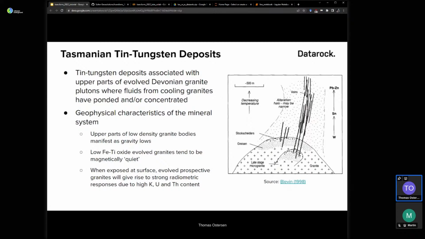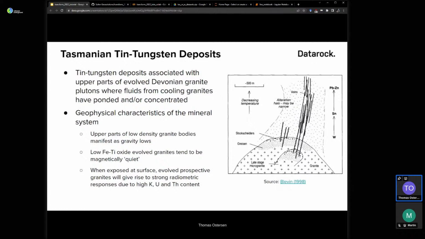This tends to occur at the upper parts of these intrusive bodies. Before we can even apply machine learning prospectivity analysis, we do need to think about the mineral system and how we might be able to exploit the geophysical or geological properties of the system in order to inform our modeling workflow.